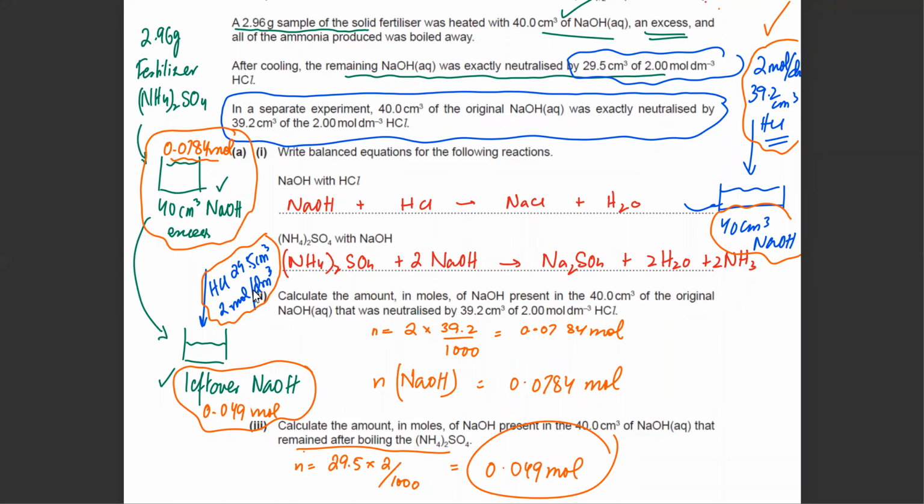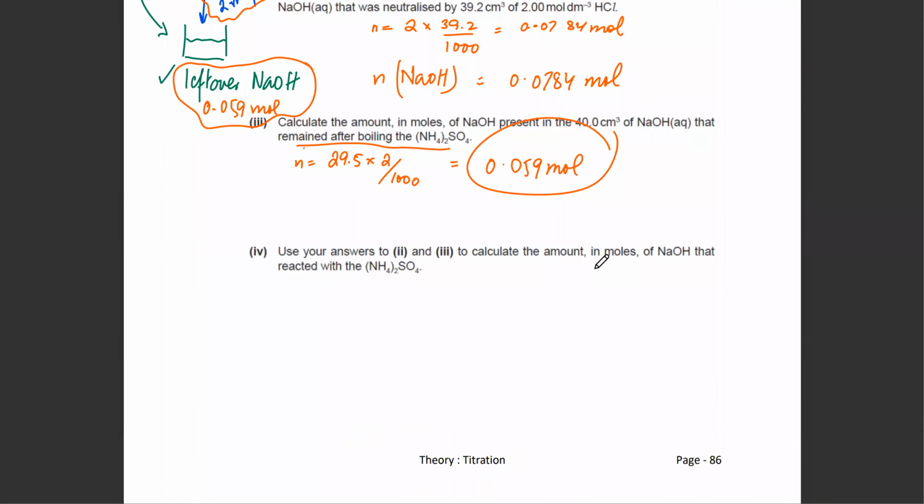Yes. I'm getting 0.059 moles. Wait a second, it will be 59. Okay, so this would be 5. Wait a second, do it now. So this is going to be 0.059 moles. So now the question will be solved, as the next part is going to ask you to calculate the amount